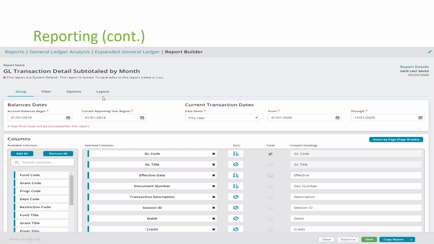Layout. This is where you can adjust column widths, wrap text, customize footers, change fonts, or select orientation. The moral of the story here is that you should not be building your reports inside of Excel. Literally everything that you'd need to do in terms of selecting the data, selecting the pivots, formatting it, it's all done within this easy-to-use screen.